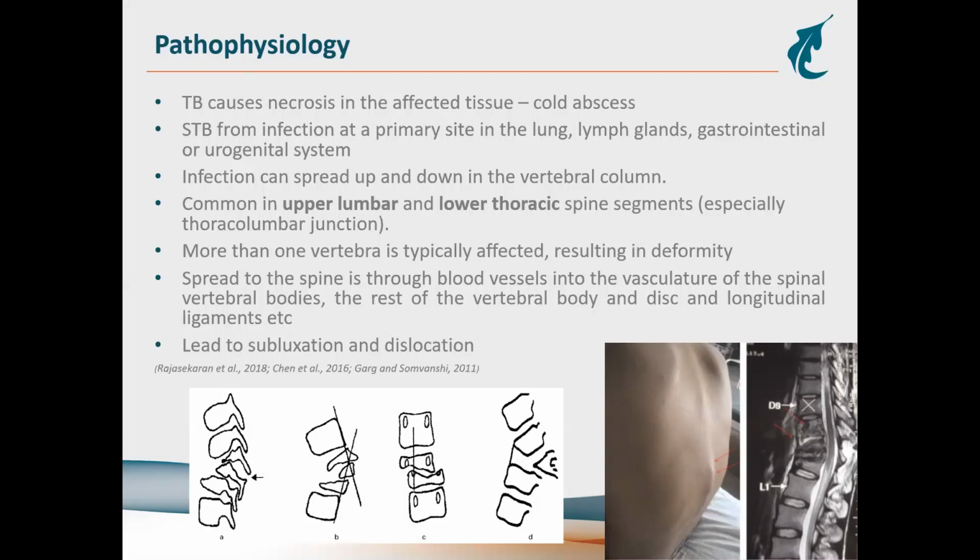So the infection can spread up and down in the vertebral column. It's commonly seen in the upper lumbar and lower thoracic areas, especially the thoracolumbar junction. More than one vertebra is typically involved, and this is what results in the deformities that you see in these patients. Yeah, and it spreads through the blood vessels into the vasculature of the spine, in the vertebral body, the disc, the longitudinal ligaments, all the support structures in this area. And if this is compromised, it will lead to subluxation and dislocation